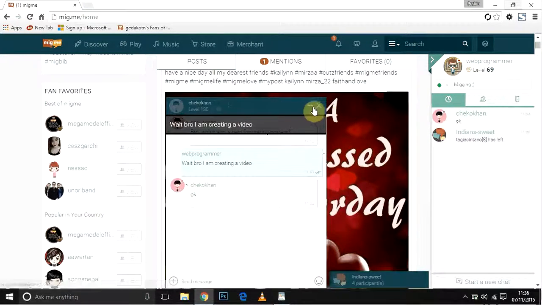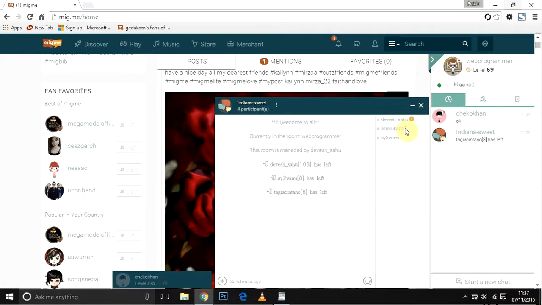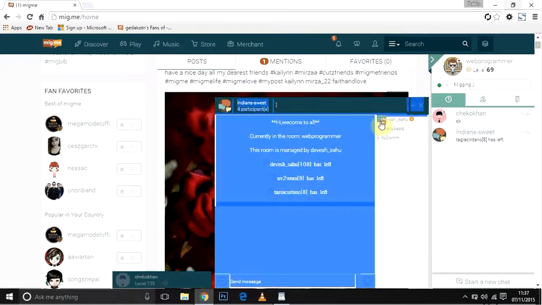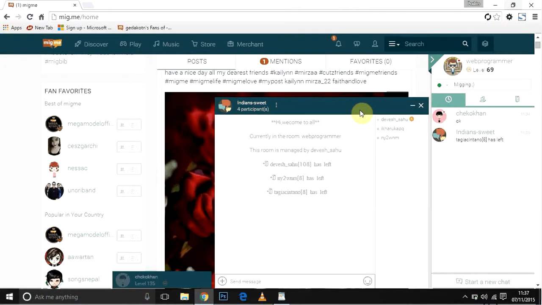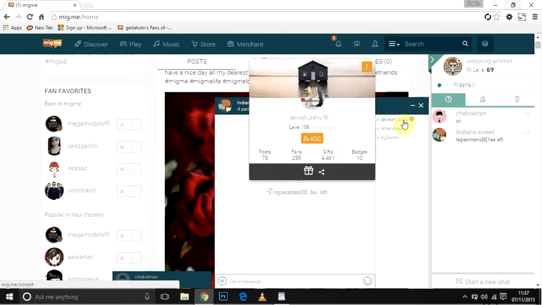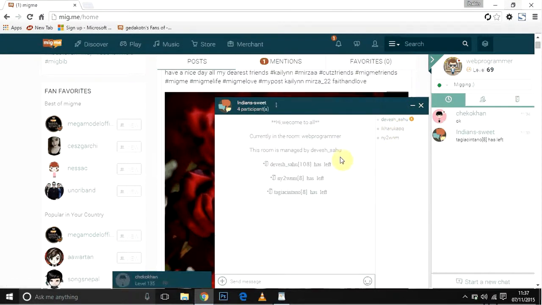So maybe they could figure out a way to display the participants here, like a pinned message, so that we can do whatever we like. They can figure out a way to make this chat room window smaller, and just cut this section out and put it right above the chat tabs. And while we want to see the participants, we can just